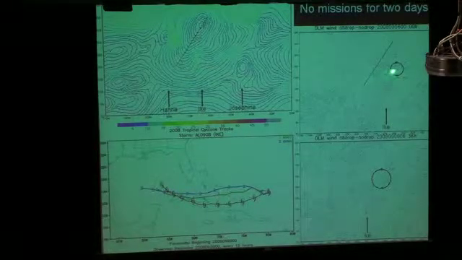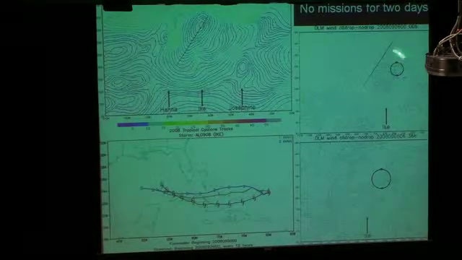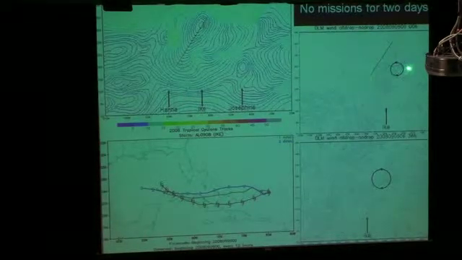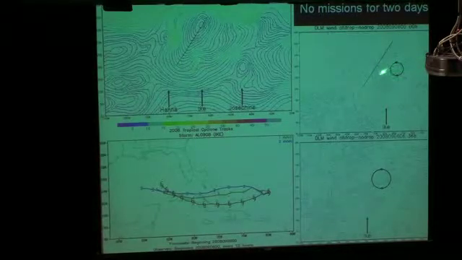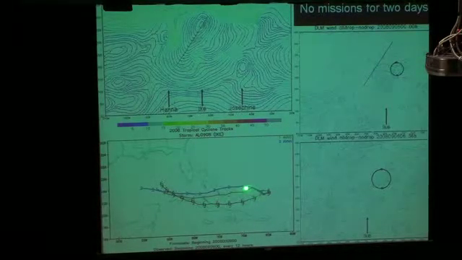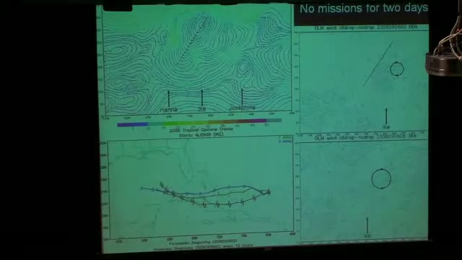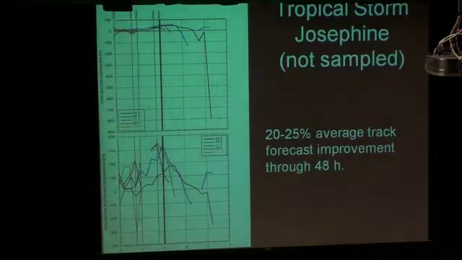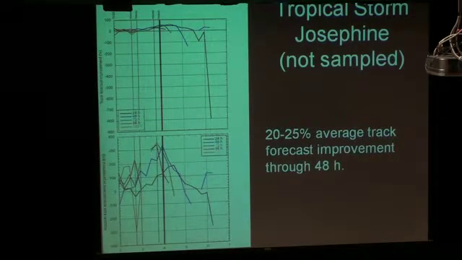Again, this is when we didn't have any data globally for 2 days, but we still had very large differences in the initial conditions throughout the basin. You can see here that we had this circulation that drove the no-drop forecast a little bit further to the north. Tropical Storm Josephine, we didn't drop any sondes anywhere near Tropical Storm Josephine. It was well out in the eastern Atlantic, but we got very large improvements in the